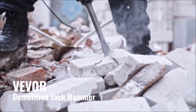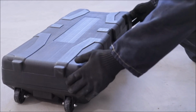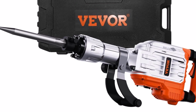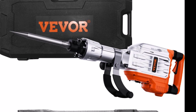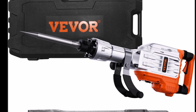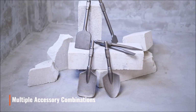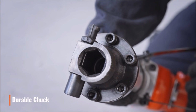Number 3. The Demolition jackhammer is a powerful tool designed for professionals to tackle concrete and metalworking projects with speed and precision. Featuring a max 3,500-watt industrial motor with 60-joule impact energy, it delivers impressive performance to get the job done quickly and efficiently. Constructed with heavy-duty aluminum, this electric jackhammer is highly durable and resistant to corrosion, ensuring long-term